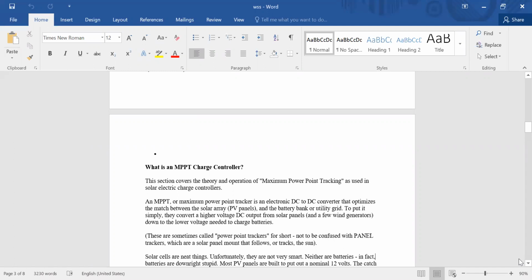So it is a DC to DC converter. As I told you yesterday also, a converter has two things: one is an inverter and one is a rectifier, because the conversion is from AC to DC or from DC to AC, right?